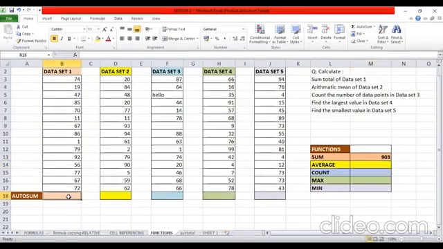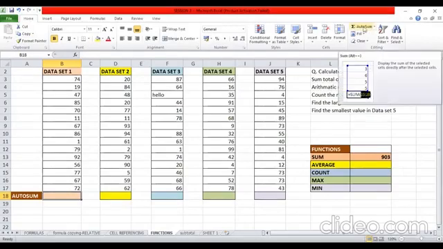Alternatively, if I do not want to use the sum function, or if I don't know how to use the sum function, I can do the same using AutoSum also. To use AutoSum, you can have a look at the home ribbon. Under the editing group of commands, you have an AutoSum command there. Depending on the version, this may just be a summation sign, or it may be AutoSum written completely. So from here also I can insert my AutoSum.